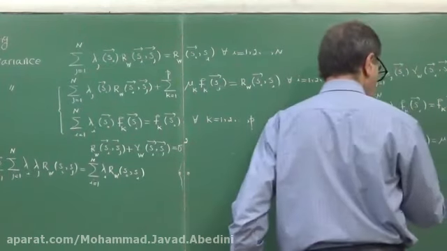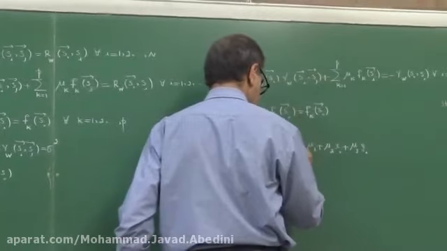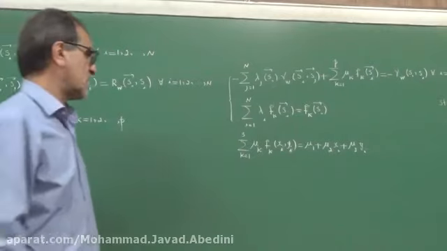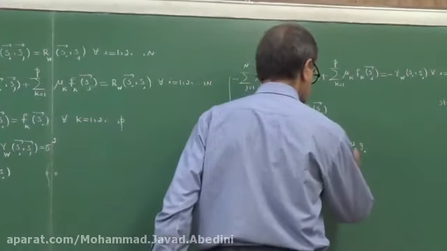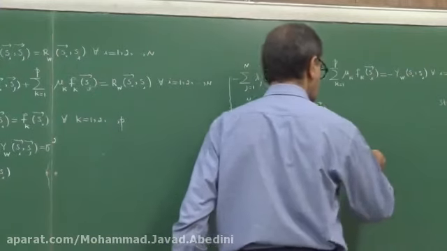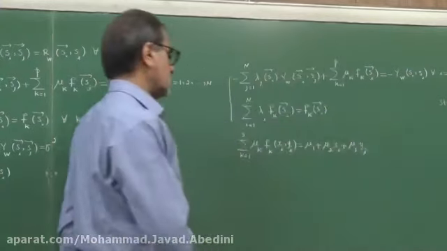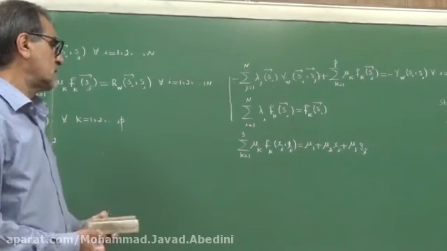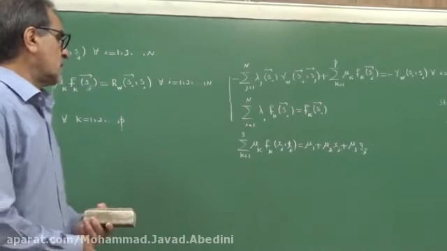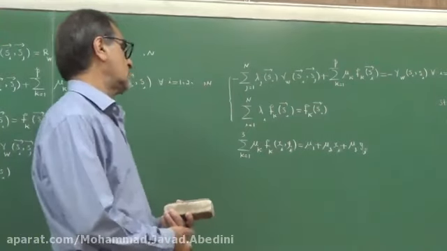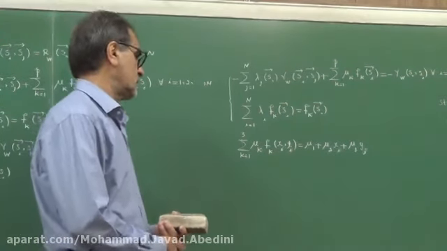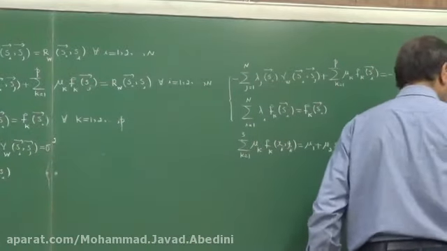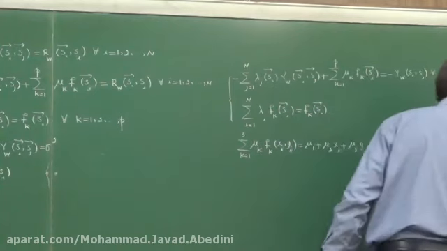It's going to be i, the coordinate of xi, and then it's going to be i. If you replace this with its counterpart, simplify it,